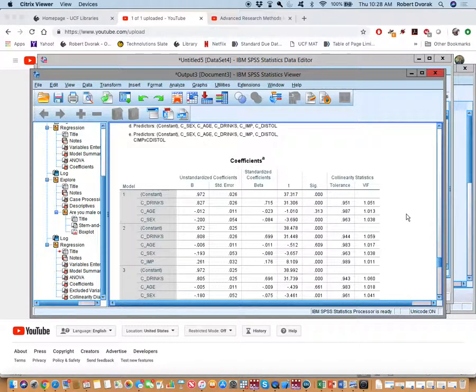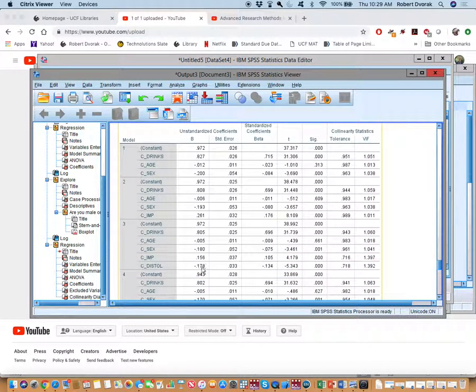In step 2, impulsivity was added to the model. This resulted in a significant increase in variance accounted for. And you could put change in R squared, blah, blah, blah, right? And impulsivity was positively associated with alcohol problems. In step 3, distress tolerance was added to the model. Distress tolerance was inversely associated with alcohol-related problems. And we had a significant change in variance accounted for in the model. And you could put your R squared.